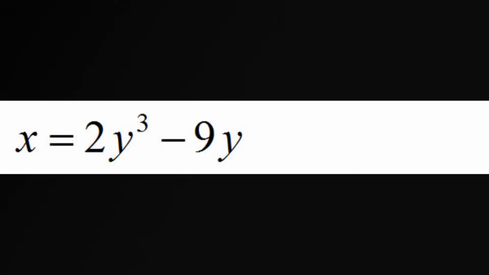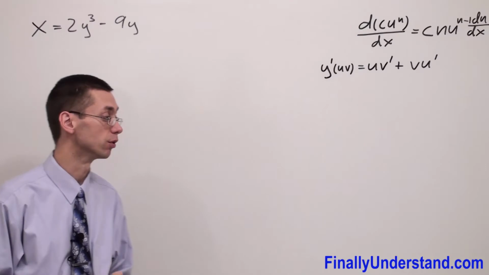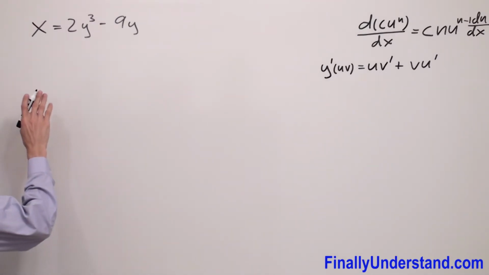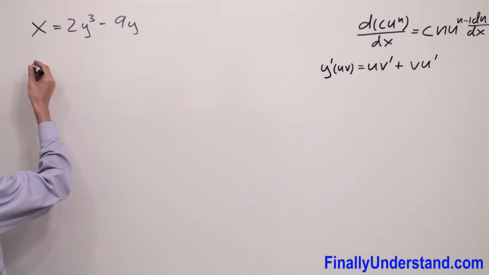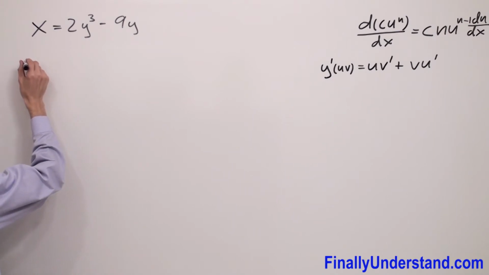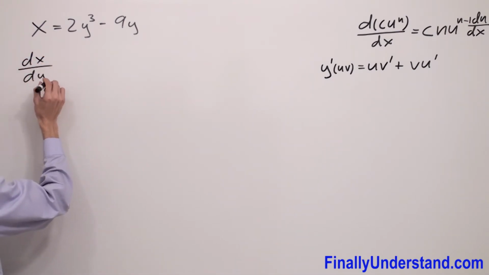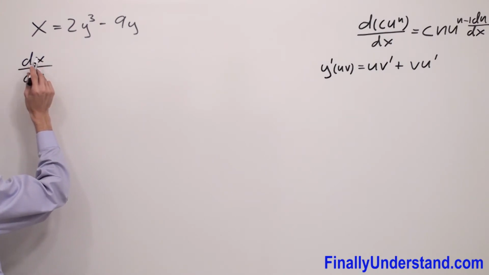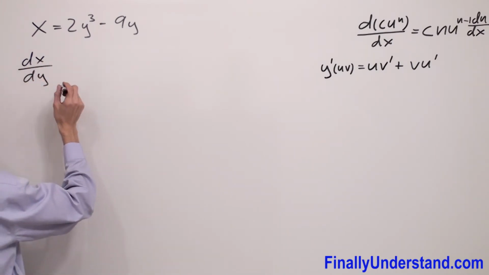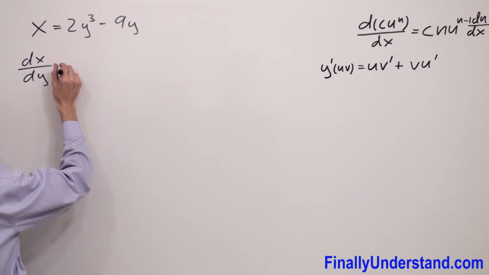This time we're supposed to find the derivative of function x with respect to y. The process is exactly the same as we had before, so we're supposed to simply find dx over dy, okay? Derivative of function x with respect to y. So we have